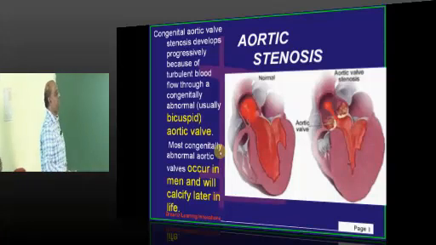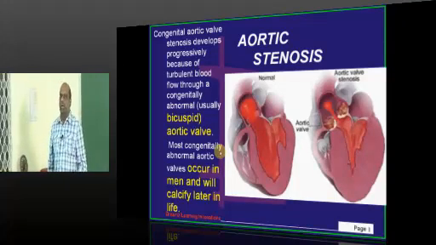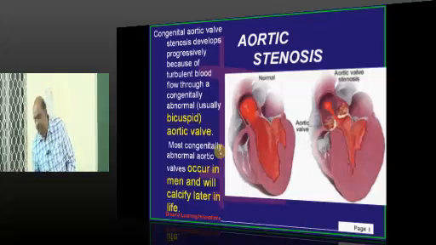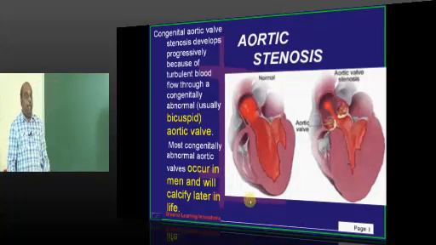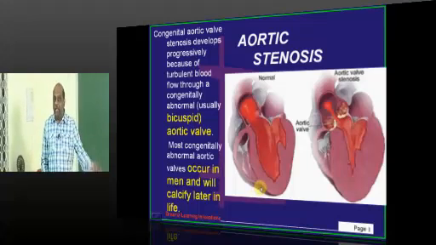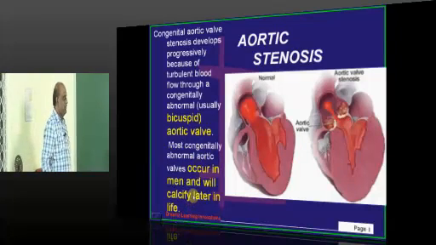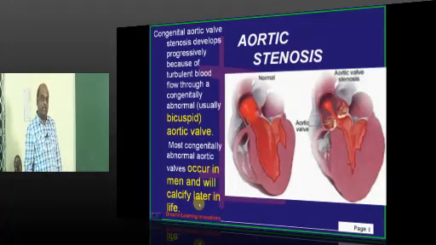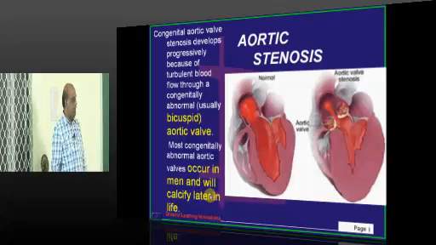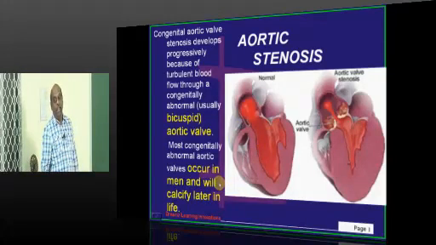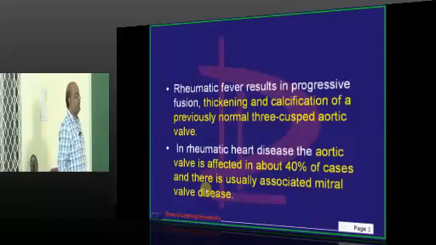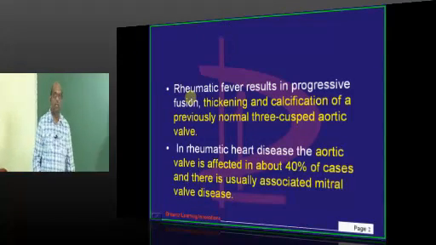Aortic stenosis. What is a common predisposing factor for aortic stenosis? An abnormal congenital bicuspid aortic valve. Bicuspid aortic valve is more common in men and it will calcify in the later part of life and can lead to development of a significant aortic stenosis.